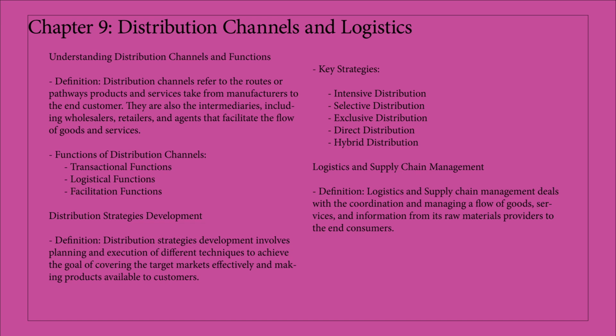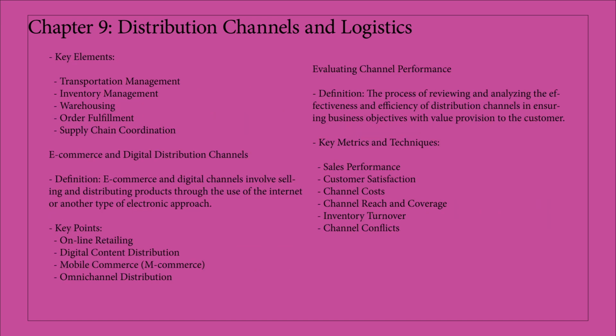Logistics and supply chain management. Logistics and supply chain management has to do with the planning and coordination of the flow of goods, services, and related information from the raw material suppliers to the end customer. Key elements. Transportation management. This is the planning and optimization of the flow of products from the suppliers to the customers. Selection of the cost-effective mode of transportation by air, sea, or truck aids in finding a balance between cost